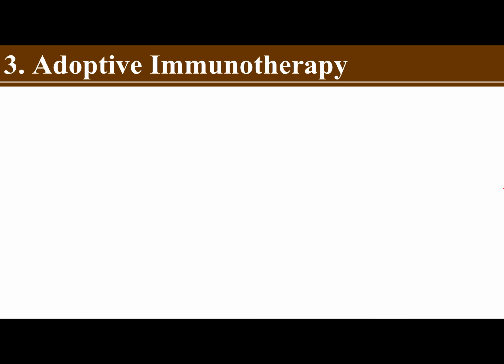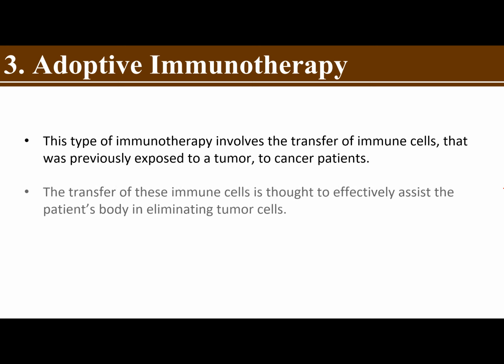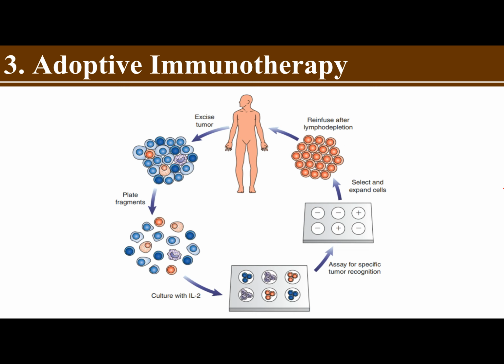Then we also have your adoptive immunotherapy. So this is a type of immunotherapy involving the transfer of immune cells that was previously exposed to a tumor to cancer patients. Transfer of these immune cells is thought to effectively assist the patient's body in eliminating tumor cells. So ito siya class. Basically, you're going to introduce different cells that have been exposed to tumor